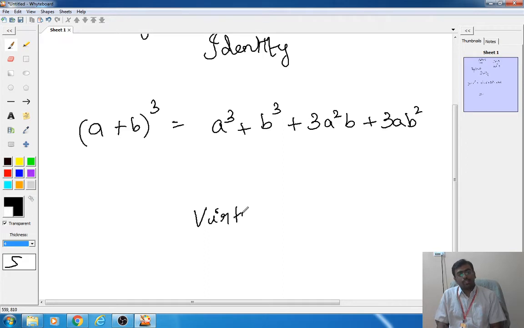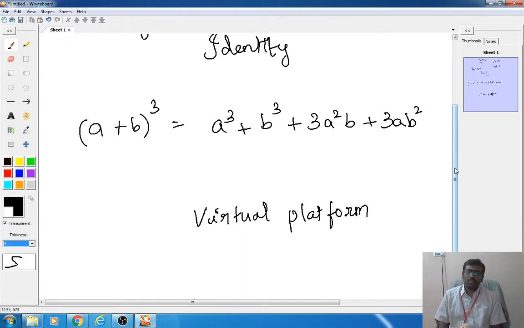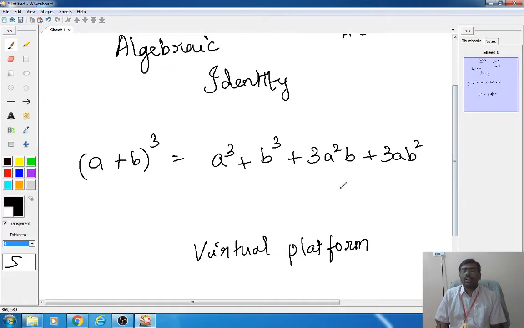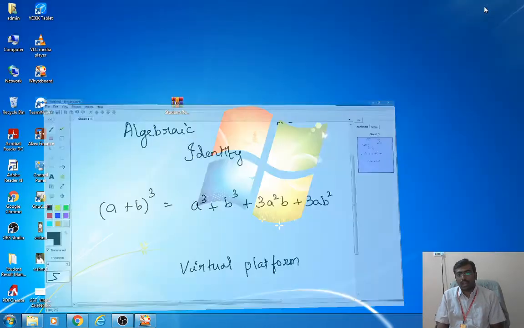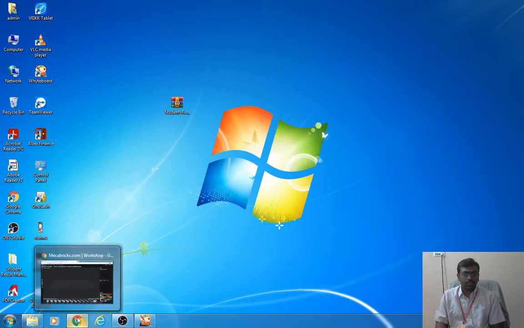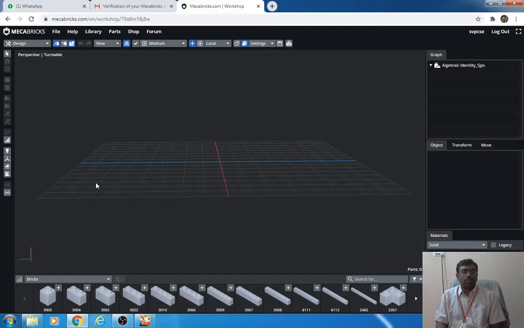The virtual platform link will be given in the web URL as shared earlier. So now we will be exploring the understanding of this platform. This platform is Mechabricks.